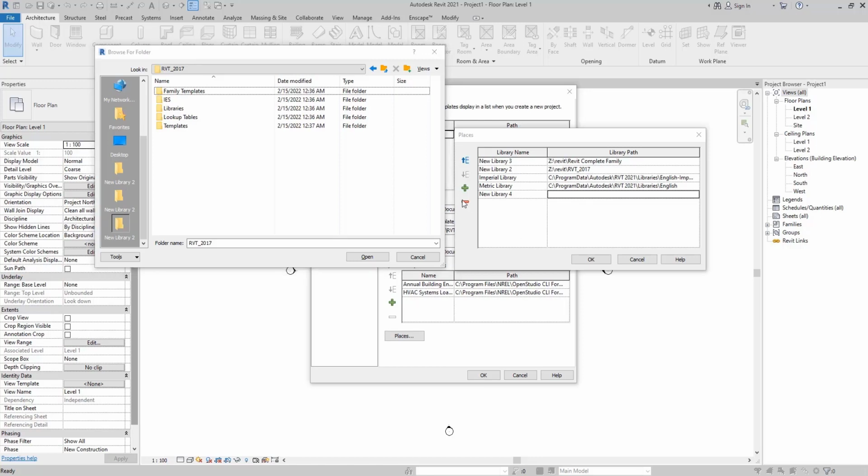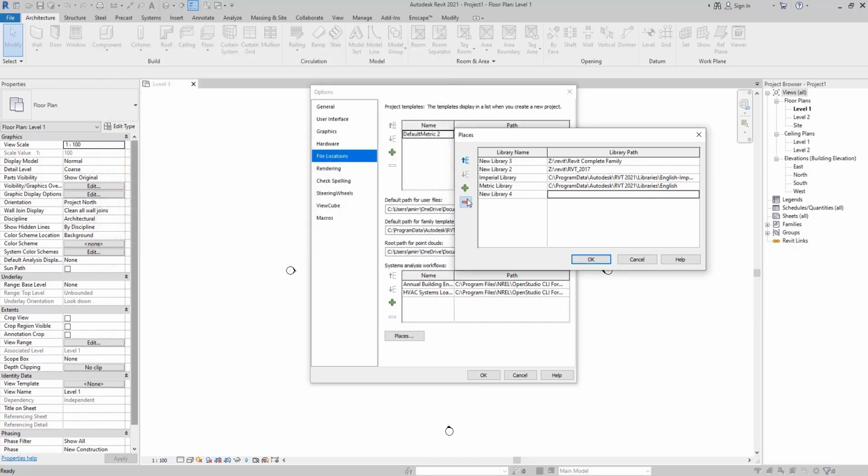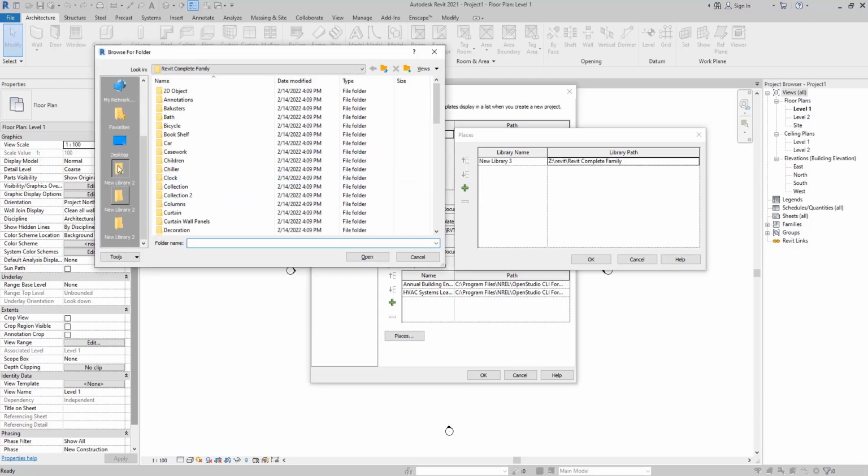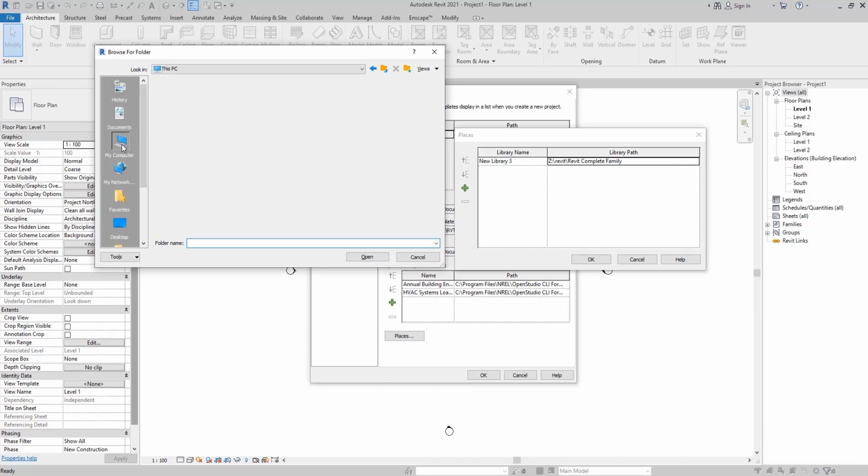Let's try, for example, to address my library and my default library. So here, as a default, we are going to have our library, my own library, which I'm going to click on here, and after that I will go to my folder,